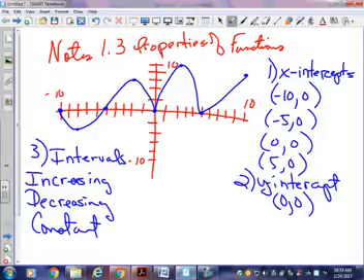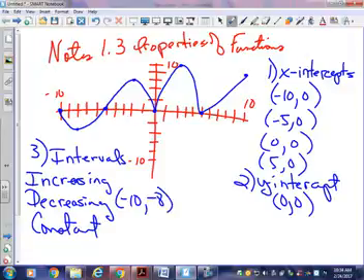So, let's talk about increasing. Now, intervals is a type of notation. And I think you studied this in one of your math classes before, where you put brackets and parentheses for the two numbers on where it starts and where it ends. But because we're doing intervals of increasing, decreasing, and constants, we only put parentheses because we don't include the numbers. For example, it decreased till it got to here, right? But is it decreasing at that point? No. It's only decreasing between those points. So from negative 10 down to negative 8,